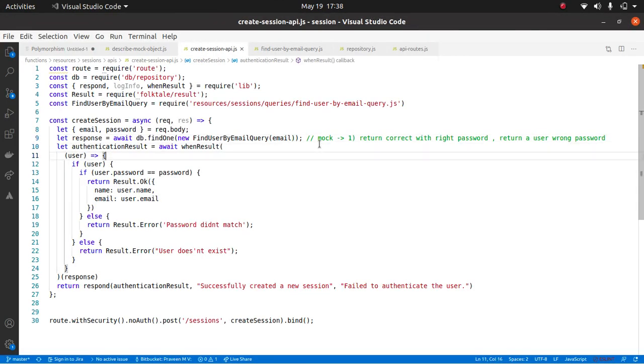No, we need to do the actual query, right? Correct. You need to actually write the query. Now that is a different test case, so we are going to write a query test case. Today we will not cover that. But the implementation of the API, is it completed? Let's assume that we will write the query.